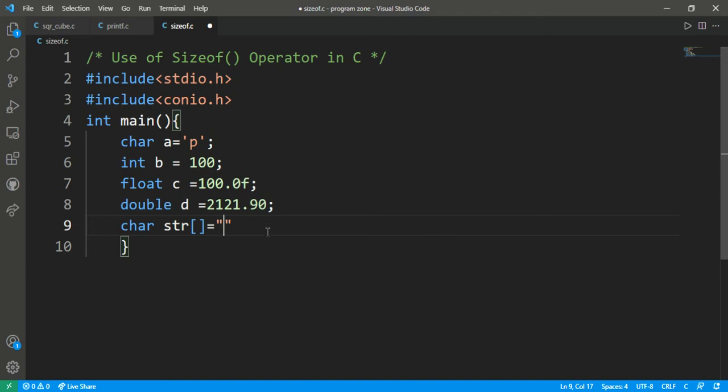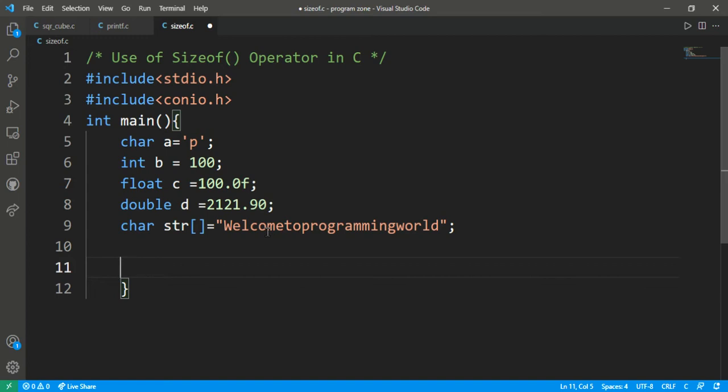So let's initialize with the word: Welcome to programming world. So this is the string that I have initialized, and let's start our implementation from below. I'm going to check what type of data is stored in a variable.